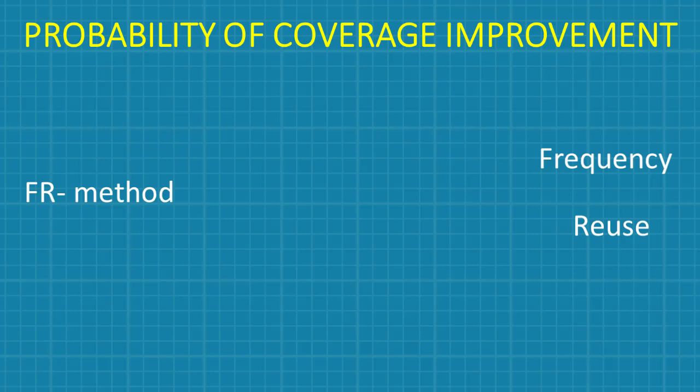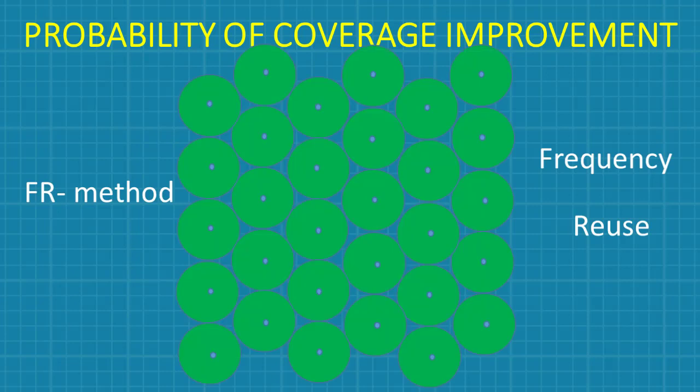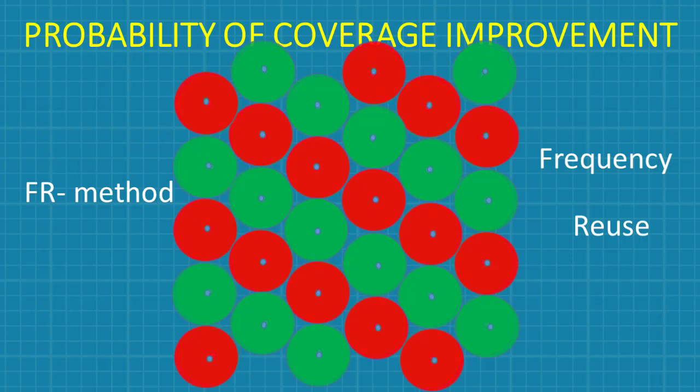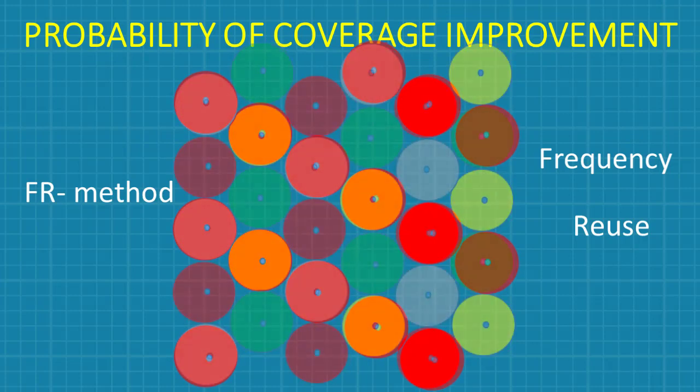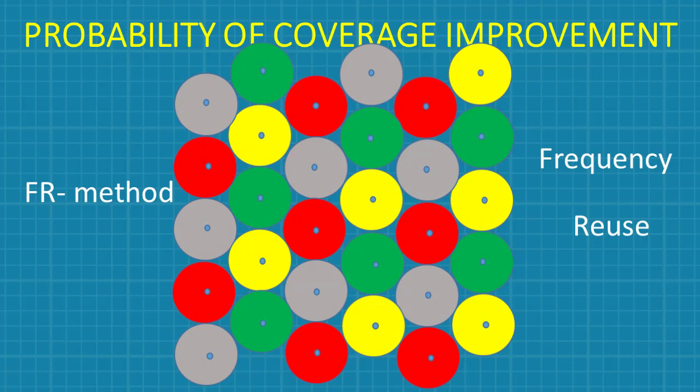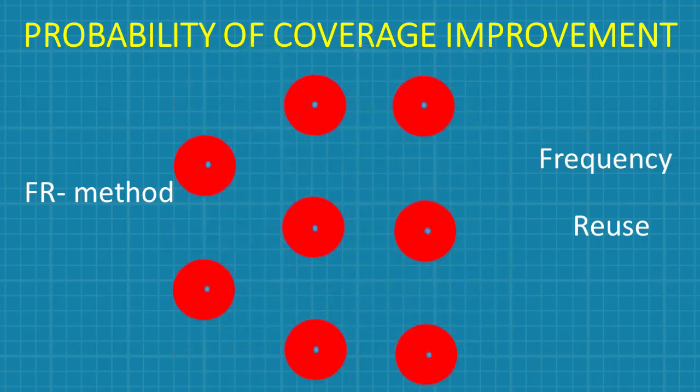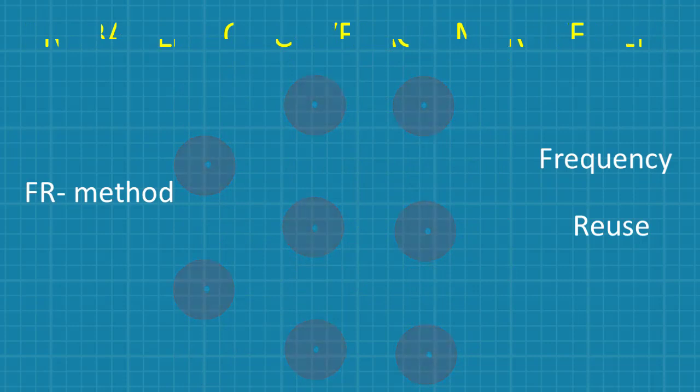In the second method, the FR method, the probability of coverage is increased by using frequency reuse, where different frequency bands are used by the network. The reuse factor determines the number of used frequencies. Using reuse factors zeta greater than 1 reduces the density of the interfering UAV which transmit in the same frequency. The reduction in density leads to an increase in the probability of coverage.